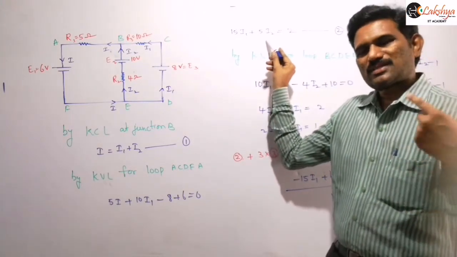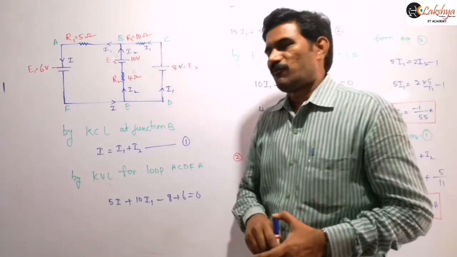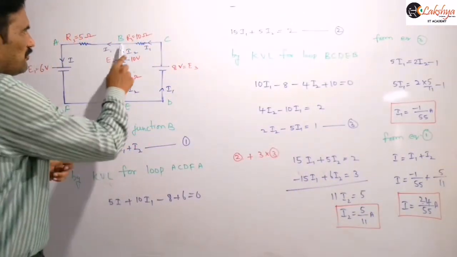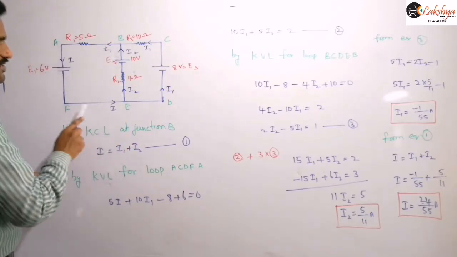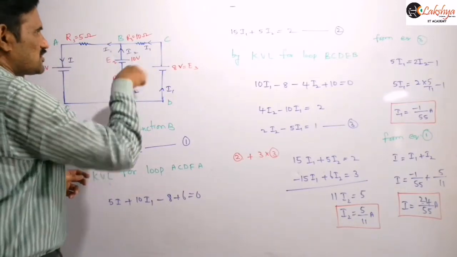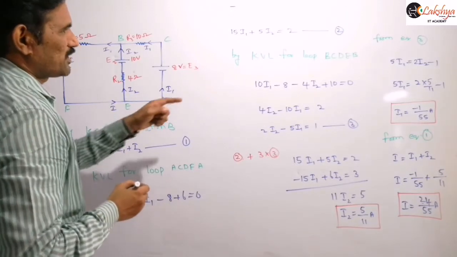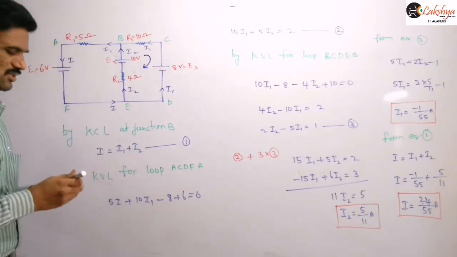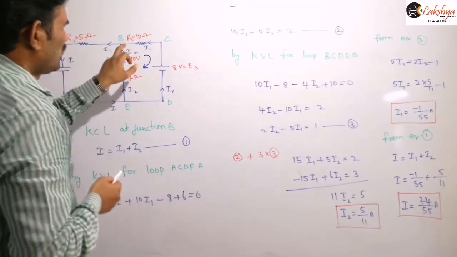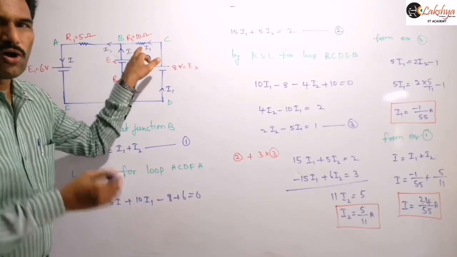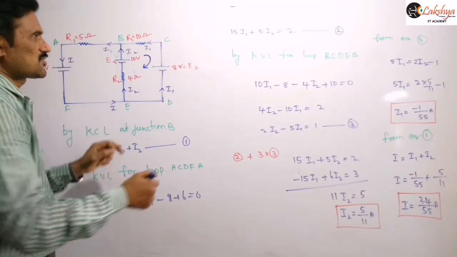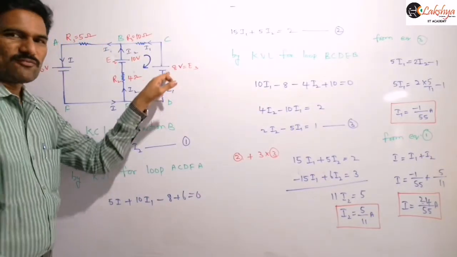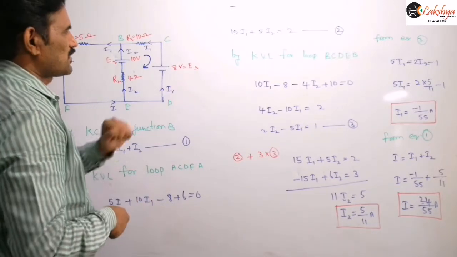Then for the next equation we need to assume the other loop. When you are taking another loop, you may take either this loop or you may consider this loop. That is your choice. So now I am taking this loop here. Again we are applying the Kirchhoff law in this direction. When applying from B to C, here we are traveling opposite to the direction of the current, so you will get +10I, and here again we are traveling from the positive terminal to the negative terminal, so it is -8.